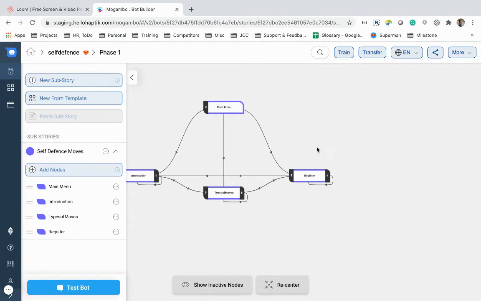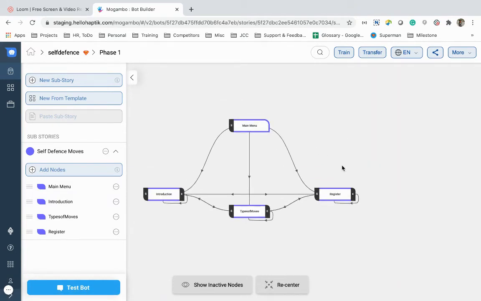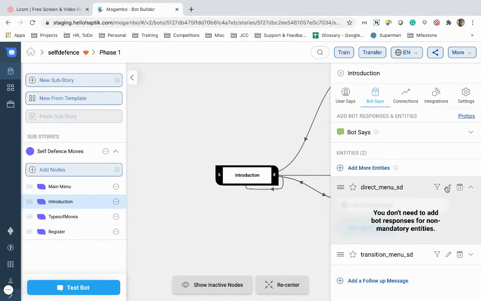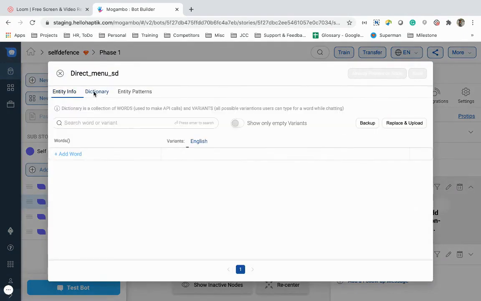The last thing which remains for this bot is what happens if the user has typed 1 and then again after inputting that value he has typed 1 again, which means the node needs to be rehit. For that we have something called a self loop. If you see, there is a third entity called direct menu. It takes care of transitioning to the same node. If you see, it again has the same dictionary as the other 2 entities